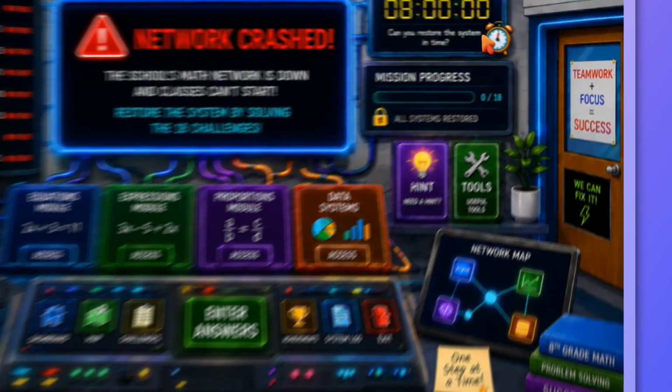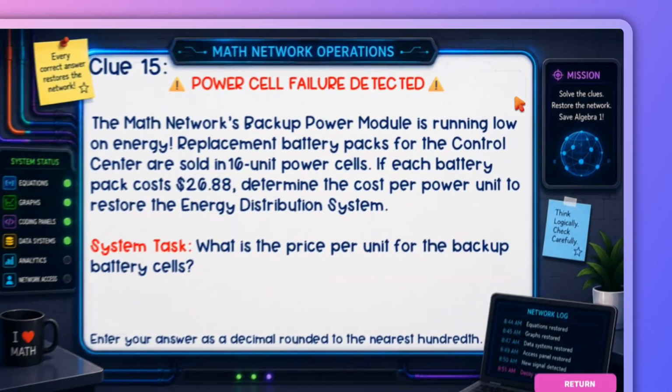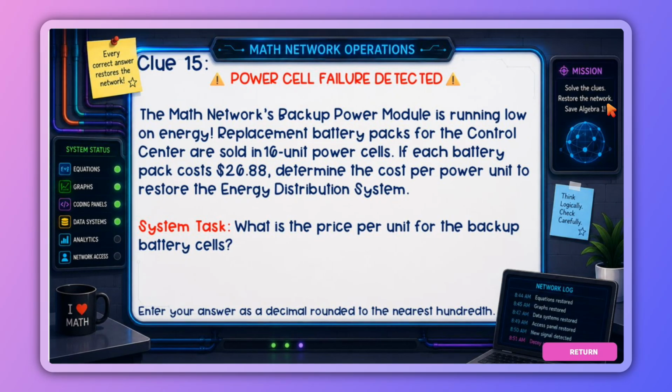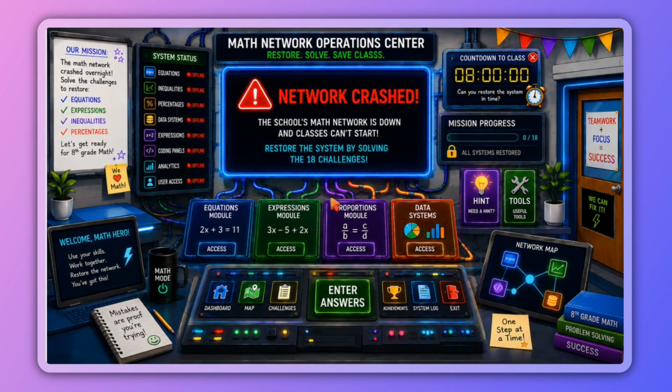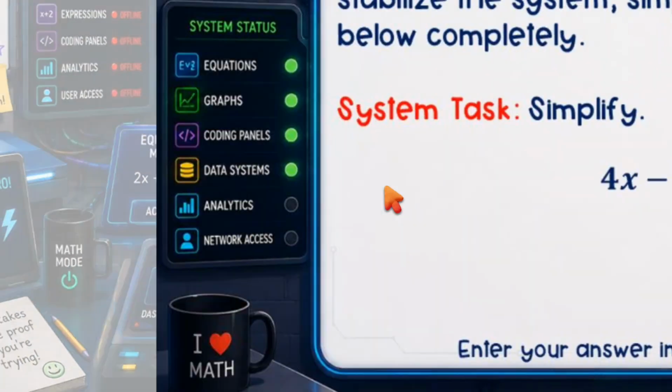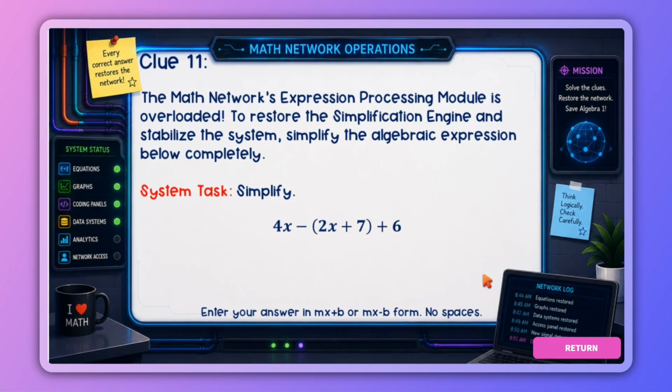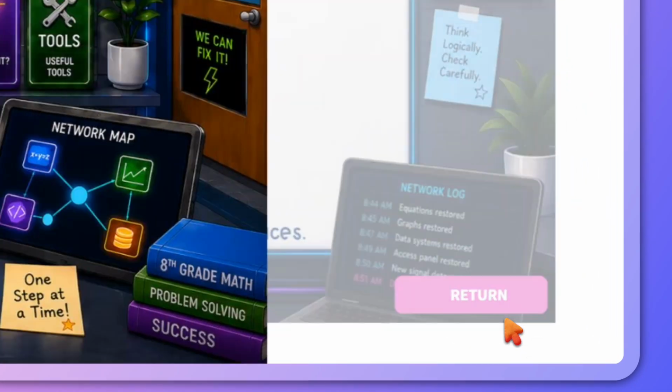So they will click around the room, finding clues. There is a digitally fillable worksheet that the students can use. Either you can print it or assign it electronically, or they can just use a sheet of paper. When they come to clues, they will write down the clue. So for instance, clue 15, they'll write down the answer and go back to the scene to keep finding more clues. So they'll keep clicking on things, finding clues, writing down the clue number and the answer,